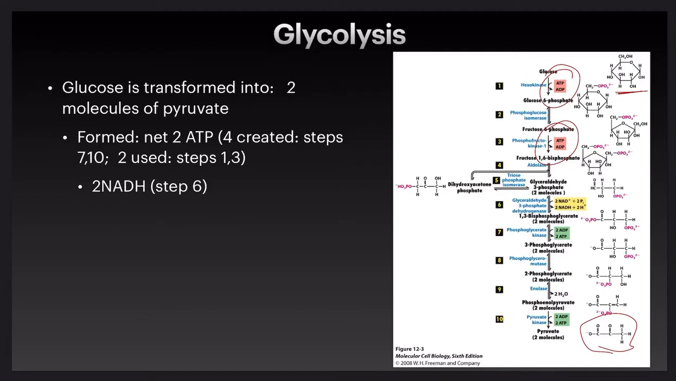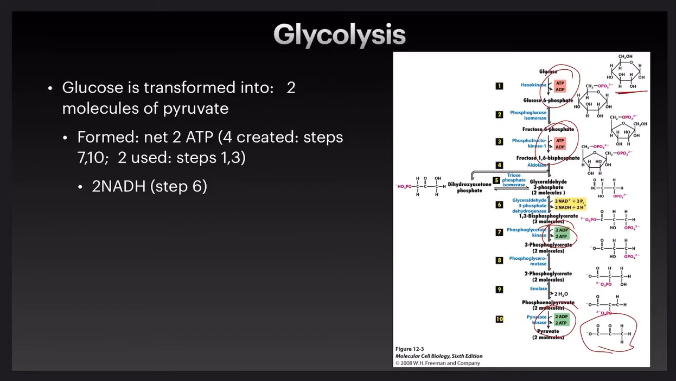What happens is, glycolysis needs ATP to begin. So these 4 ATP created in steps 7 and 10, 2 of those will actually be used for the next cycle of glycolysis in steps 1 and 3. So the 2 steps that are actually forming ATP take